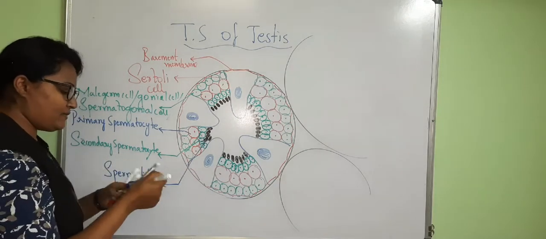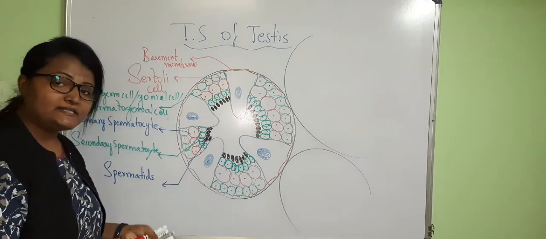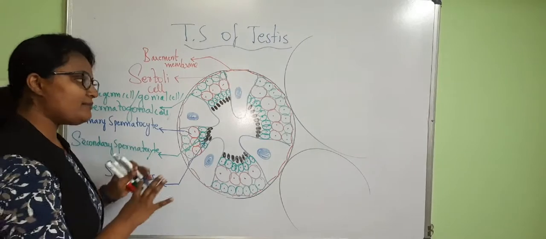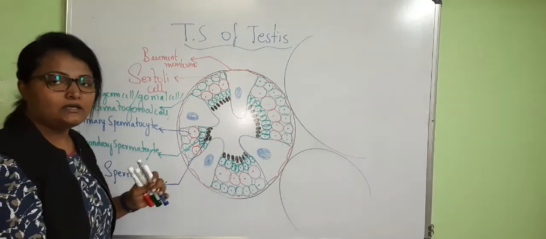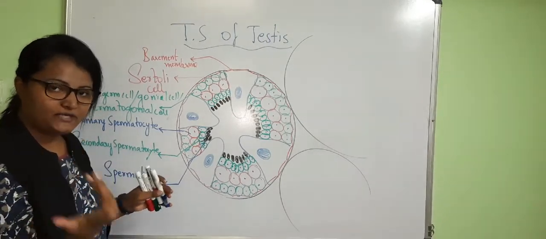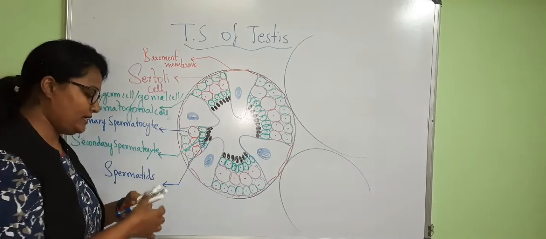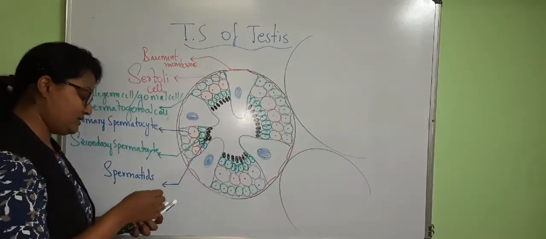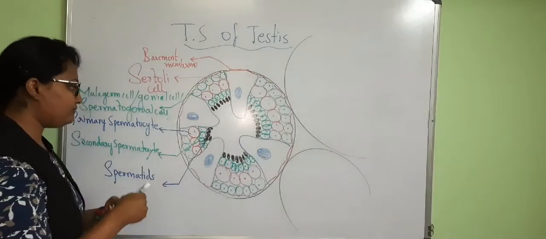These are spermatids. Now the spermatids undergo differentiation. There is no division. Just compare the diagram with the spermatogenesis video, you will get to know. So soon after spermatids are formed, they undergo differentiation and they form